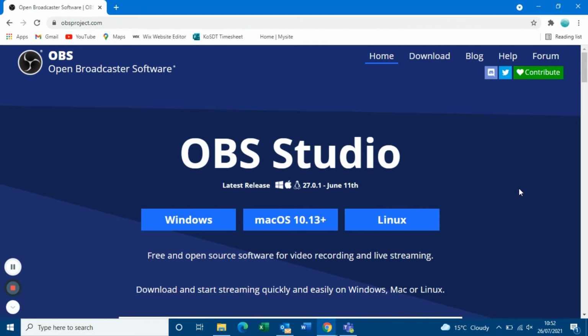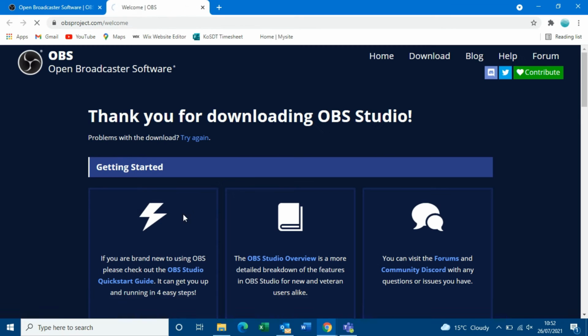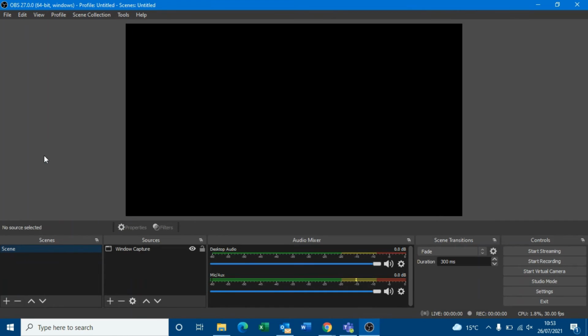So the one we're going to use today, and just a really easy service that's free like I mentioned, is obsproject.com. This works on both Windows and Mac. So the first thing you're going to do is you'll go to the site and you'll install the OBS. Once you have that done, you will see a black screen with lots of different options, and it can look pretty complicated, but don't worry.